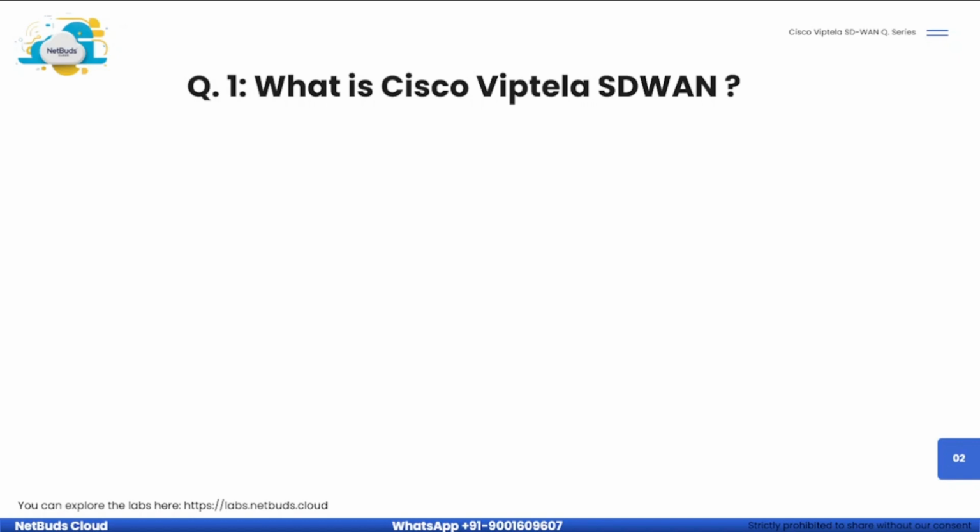Cisco Viptela SD-WAN is a smarter way to connect your branch offices, head offices, data centers, and cloud apps or cloud setup using internet, 4G, and MPLS, with intelligent security and lower cost. Instead of relying on static, expensive links, it chooses the best path dynamically. You might wonder how it will connect using broadband, 4G, or 5G connections instead of MPLS. Surprising, right? So yes, the answer is yes.